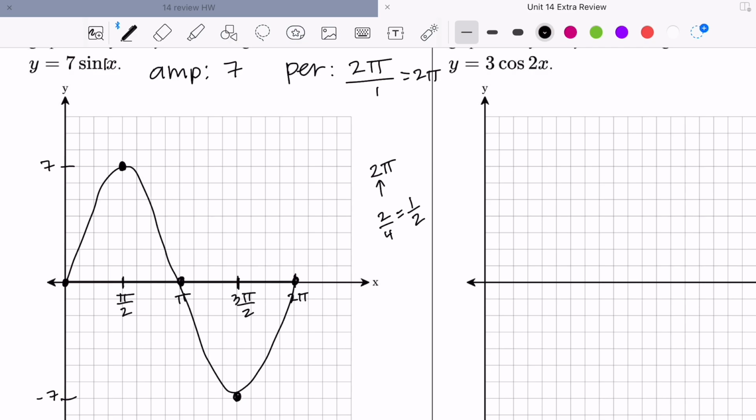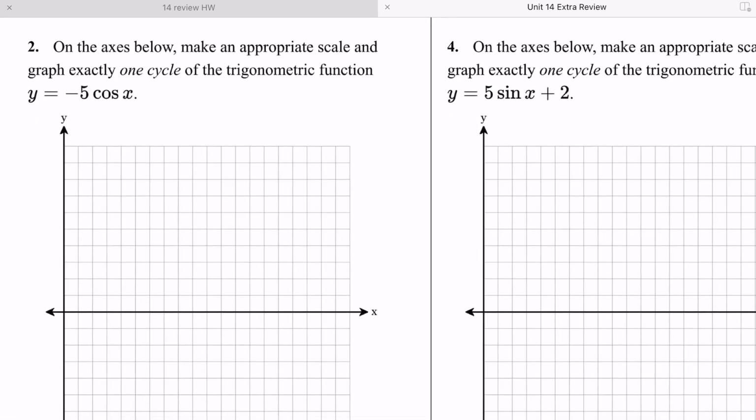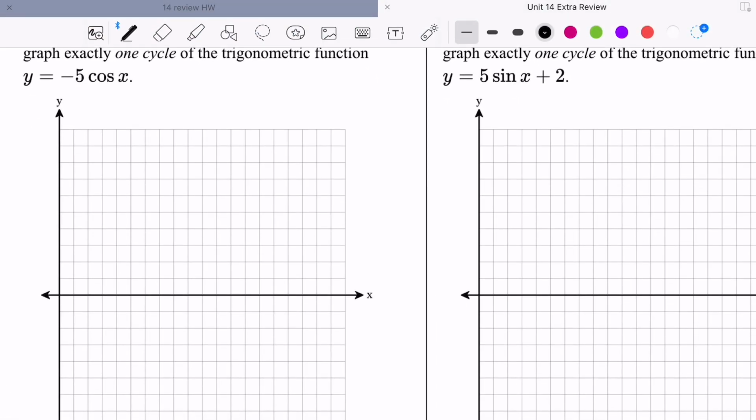Okay, next. 1 cycle of cosine. So the amplitude is the absolute value of -5. And the period is 2 pi divided by the number before x, which is 2 pi, but it's negative and it's cosine, so it's going to start below its midline. So 1, 2, 3, 4, 5, -5,